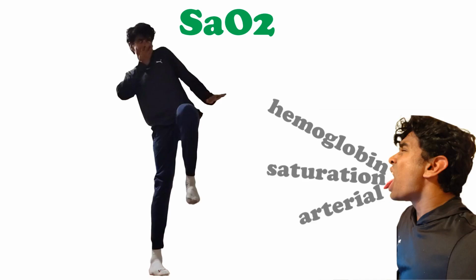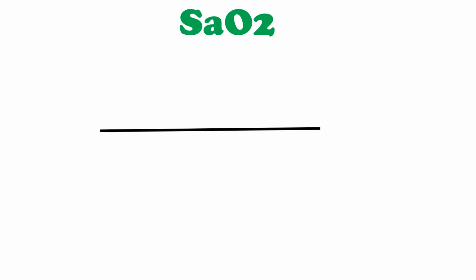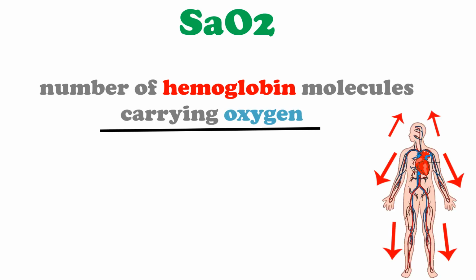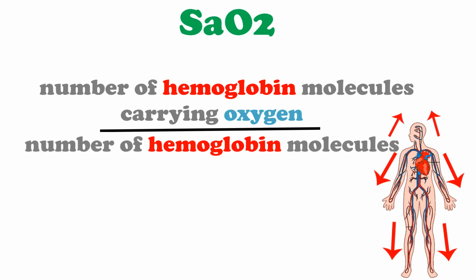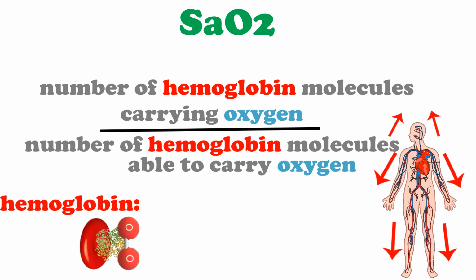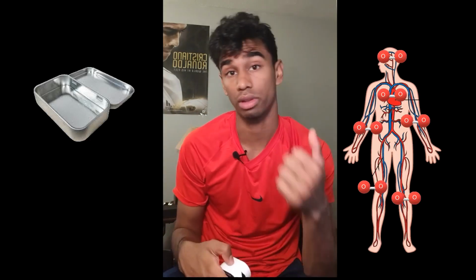Okay, even that sounds a bit advanced. Oxygen saturation is basically the fraction of hemoglobin containing molecules that are carrying oxygen from the heart to the rest of the body over the total amount of molecules that are able to carry oxygen. Hemoglobin is a protein in these molecules that allows red blood cells to grab onto oxygen molecules. So basically, the purpose of this pillbox looking thing right here is to test how well your blood can carry oxygen to the rest of your body, so you can do all sorts of cool stuff like grow, play air hockey, make awkward YouTube videos, and cellular